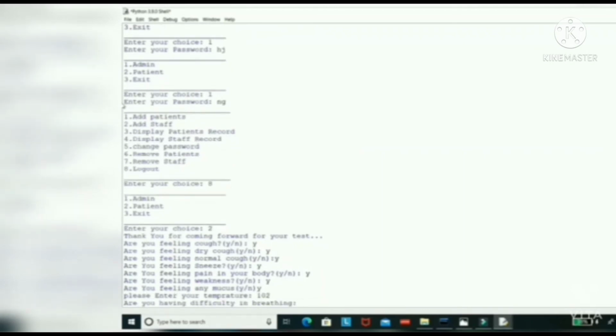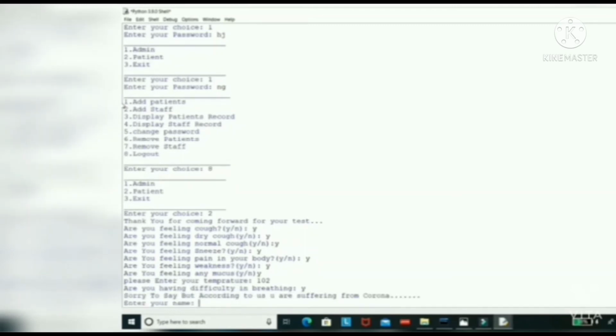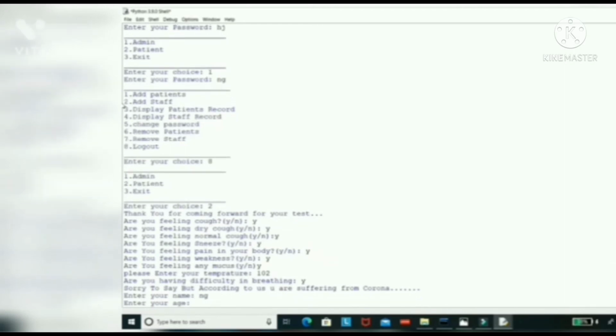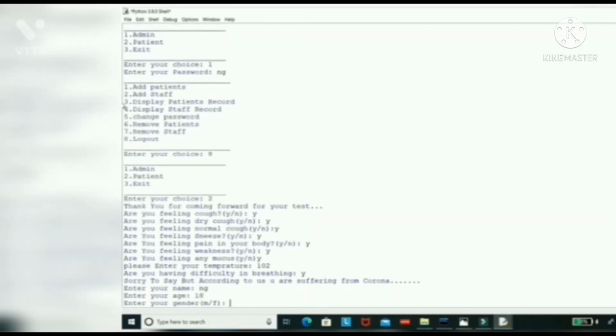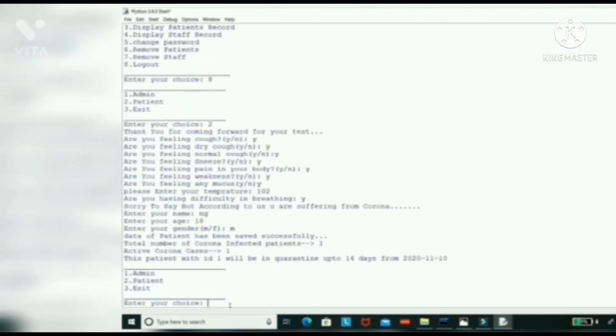You will also be asked for your name and age, so you need to kindly answer them properly. Next, based on the questions you have truthfully answered, it will display a result. The result will show whether you are a positive patient or not. The complete data entered by the user will be successfully saved. In this way, data of several patients who log into the system will be saved